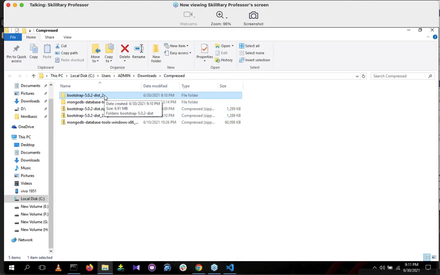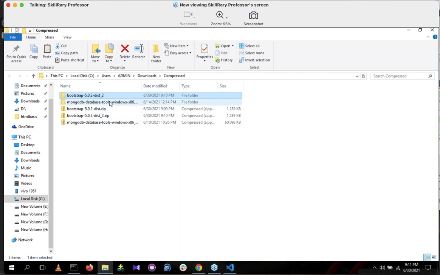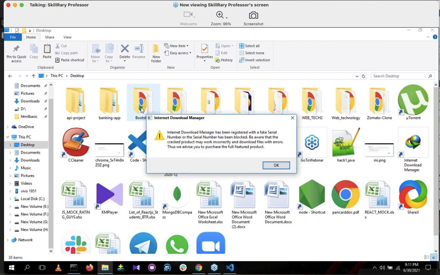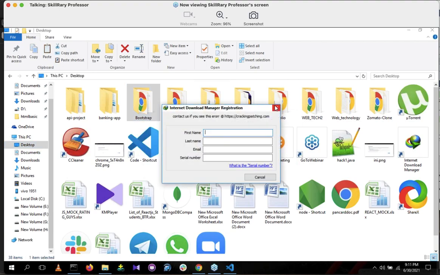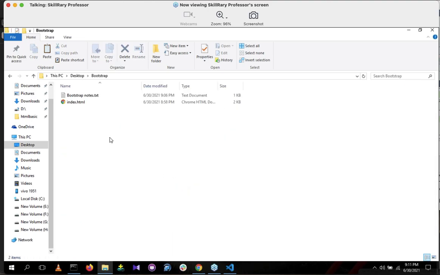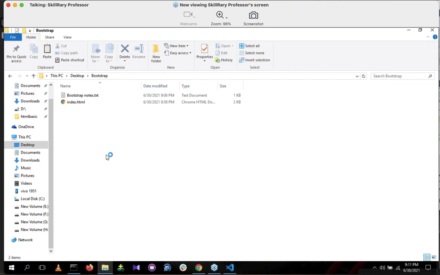Okay, once it is extracted, copy this file, right click, copy this file. Once you have copied this file, go to the project folder. What is the project folder? Bootstrap. Go to this Bootstrap folder, and here paste the file.